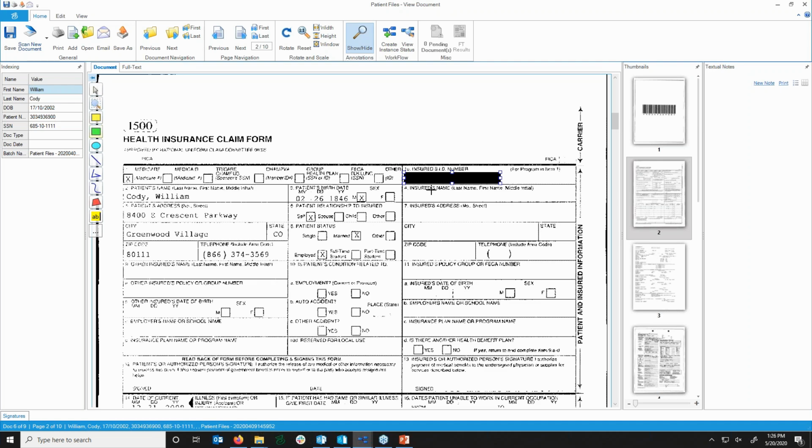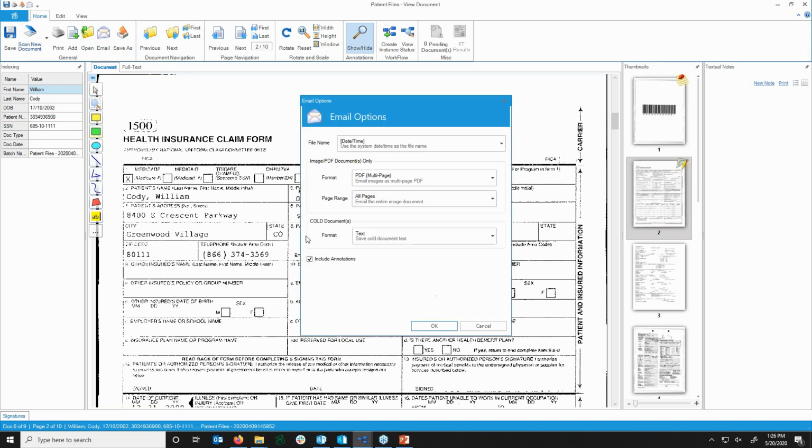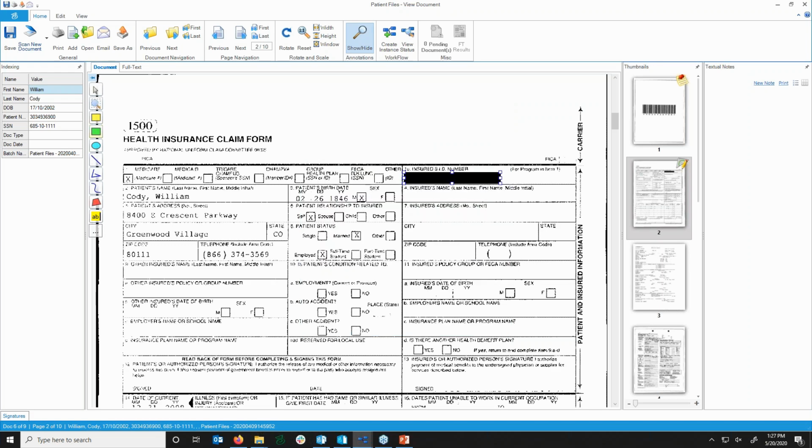The nice thing about this is you can set it up so certain users that log into your system have to view the document with annotations on. And also when you email a document out, you can force the annotations into the image. So when I click include annotations, it's going to imprint the annotations onto the image that's being emailed out. So then you can redact particular sections of a document for people that you may be sending it to, things